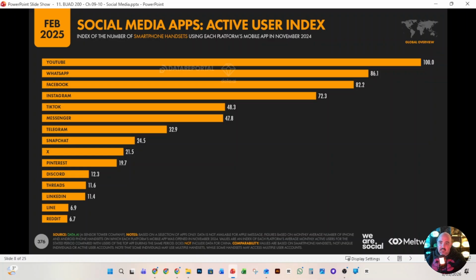But we can see YouTube here at 100 billion people using YouTube on a daily basis. So that's a big number. YouTube firmly at the top there. WhatsApp, Facebook, Instagram, TikTok, Messenger, Telegram, obviously, Snapchat. So as we go down, guys, we can see where different platforms sit there. TikTok, one of our fastest rises there as well.